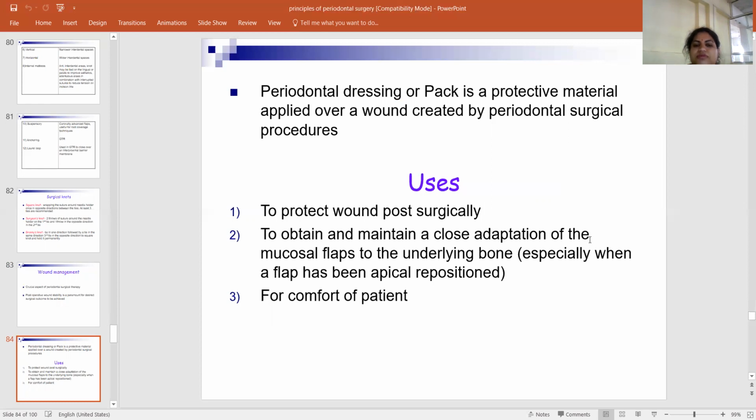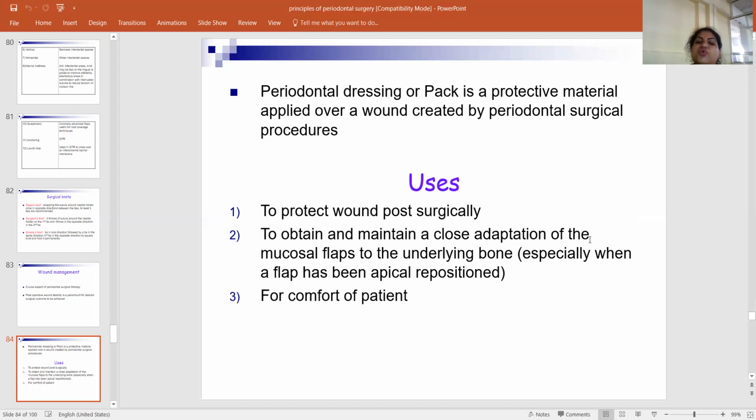So what happened? Why are we going to place a periodontal dressing or pad? Because what are the uses? To protect the wound post-surgically and to maintain a close adaptation of the mucosal flaps to the underlying bone. So there will be no dead space, then there will be faster healing, and because the pack is covering your surgical area, it can basically protect your surgical area